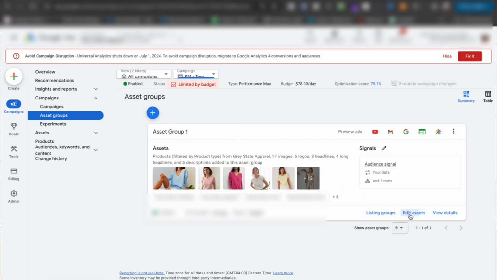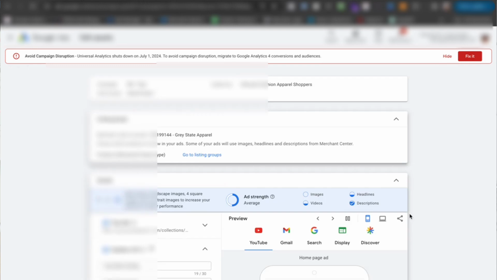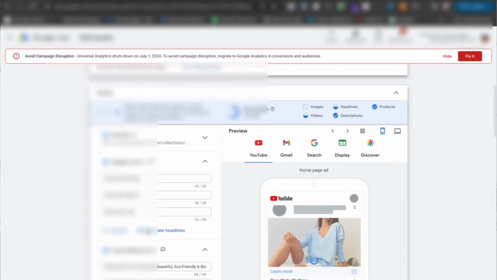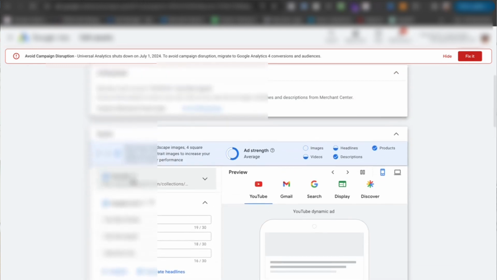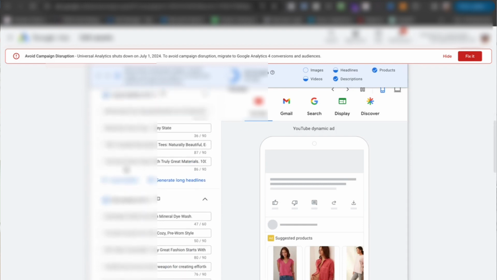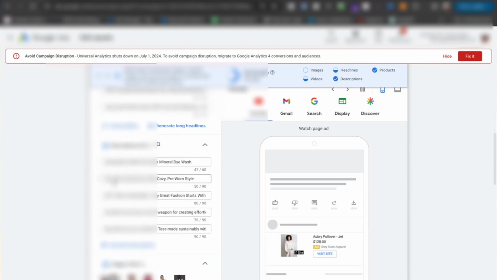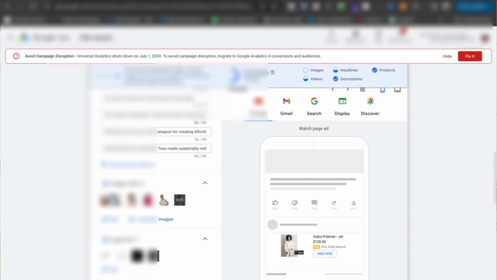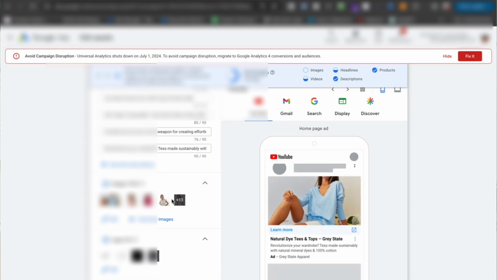Within the Performance Max, you're limited in the different headlines that you can use. We have just a few here, a few descriptions here, a few long headlines here, and a few descriptions. With Performance Max, you can add up to 20 images within an asset group, and you really want to maximize that as much as possible if you have the creatives for it. So you provide as much creative as possible,